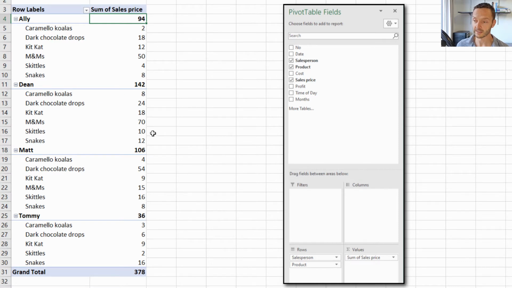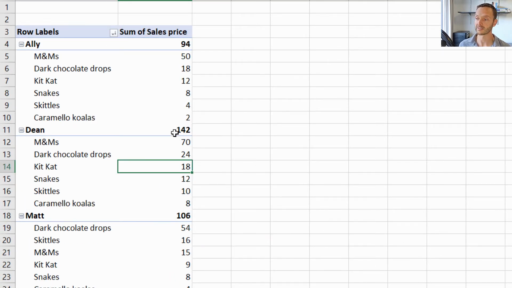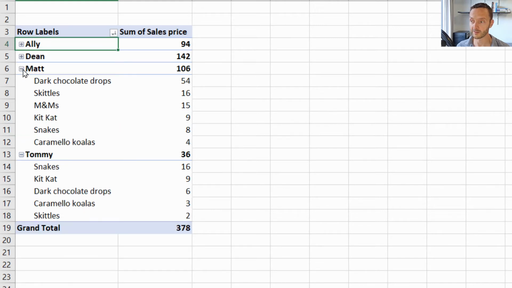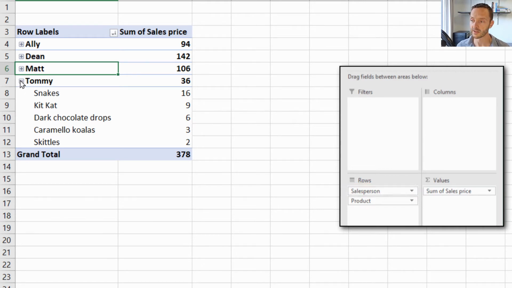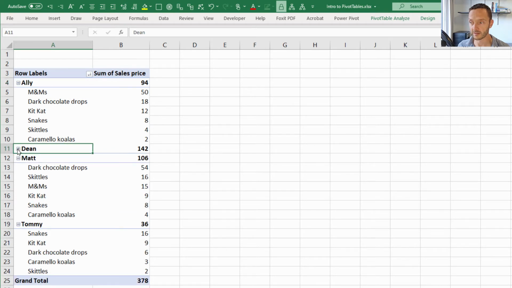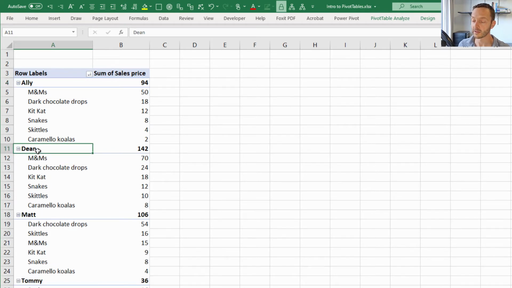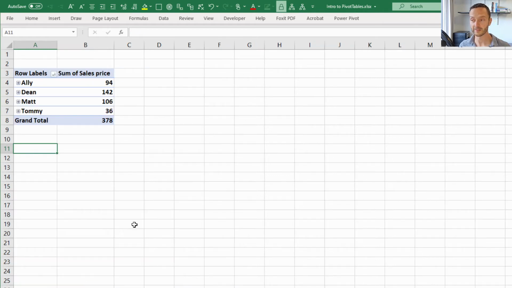Now, to make it even clearer, we can sort this by size. So to do this, I will right click, sort largest to smallest. There we go. Now you can see that there are these little twisties next to the names. If I click them, then we roll it up back to the higher level, which is a breakdown by salesperson. So as you can see, no formulas or functions. We can just click around and make the report look the way we want it to look. We can collapse them all at once, right click, expand and collapse entire field, and we're back to a breakdown just by salesperson.